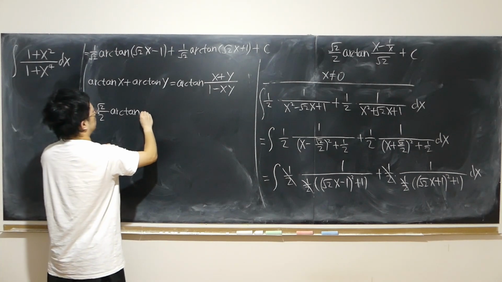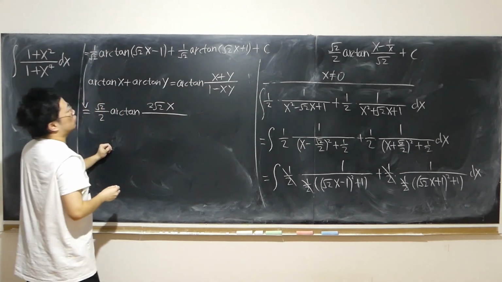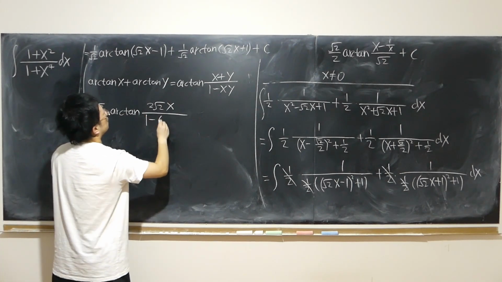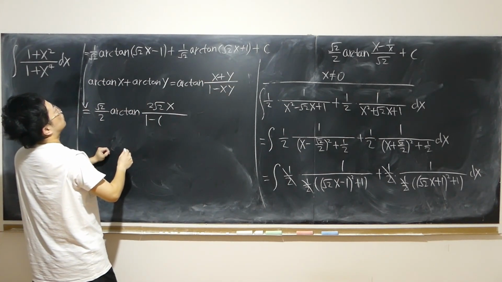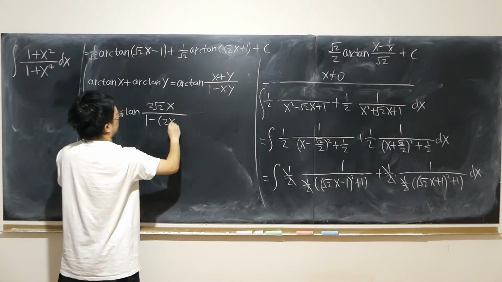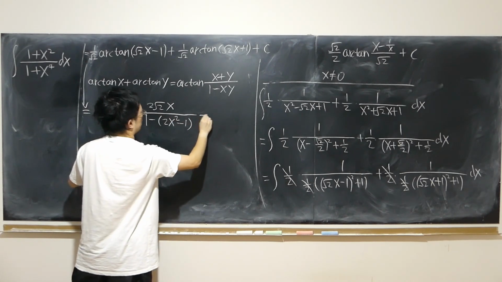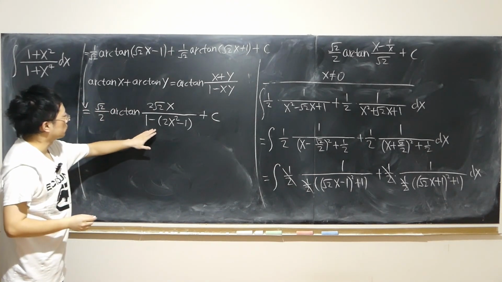Twice of square root of 2 times x, and 1 minus x times y. 1 minus this times that is, what? 2 times x squared minus 1, I believe. Right? So that should equal to